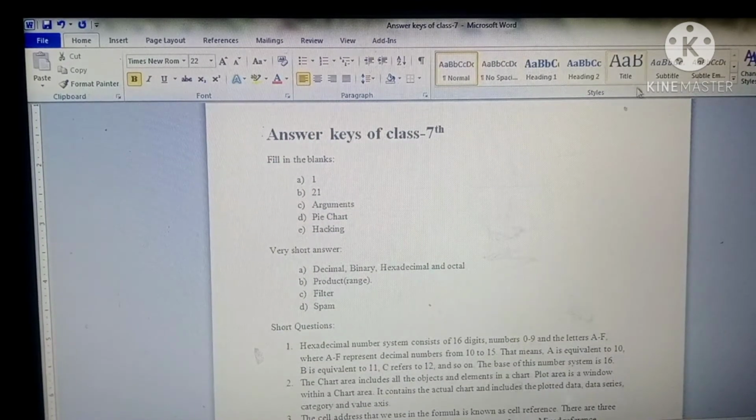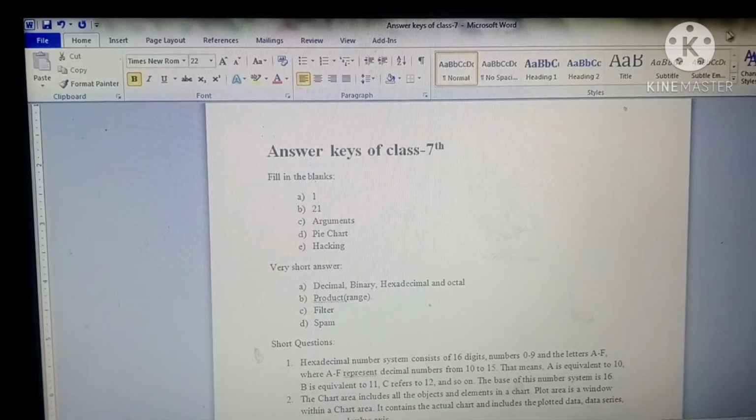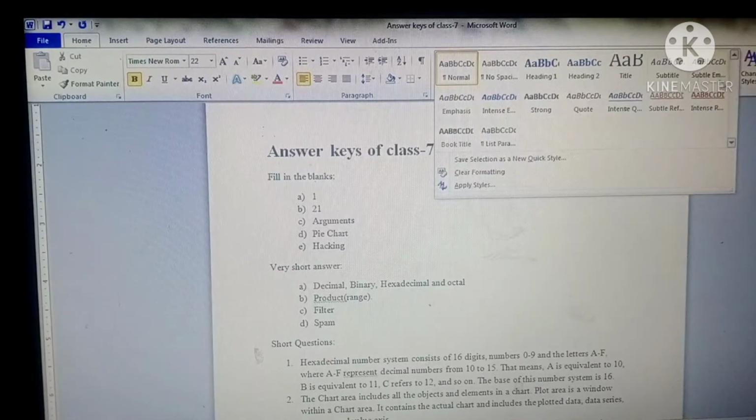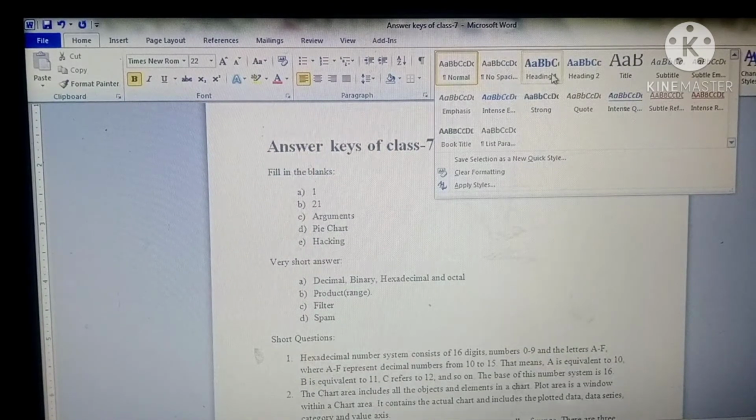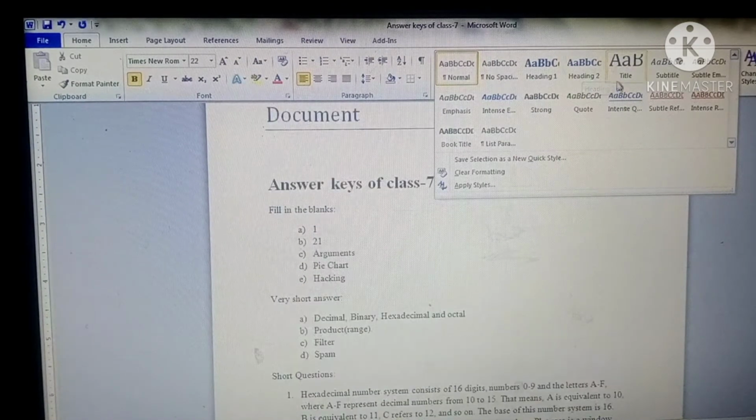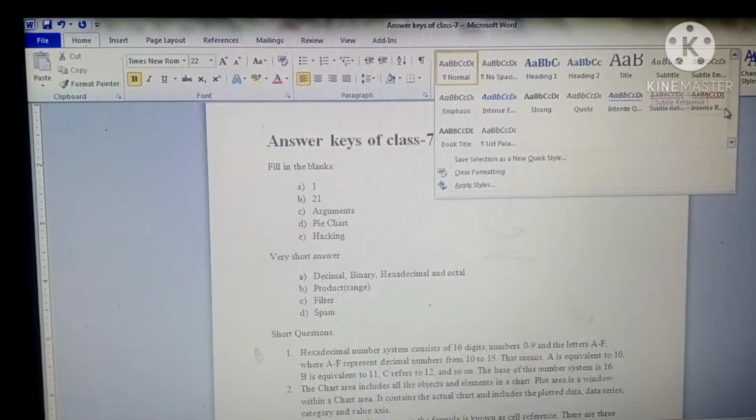When you click here on more options, then you can see more styles you can apply. Like Normal, No Spacing, Heading 1, Heading 2, Heading 3, Subtitle. There are various styles you can use, but before applying you have to select the text in the document.